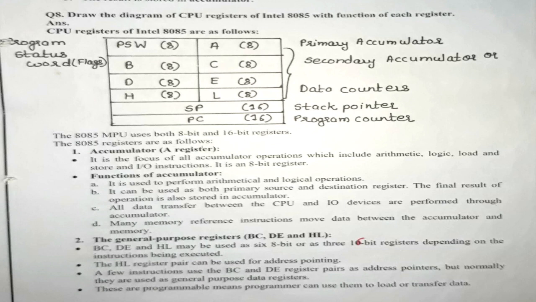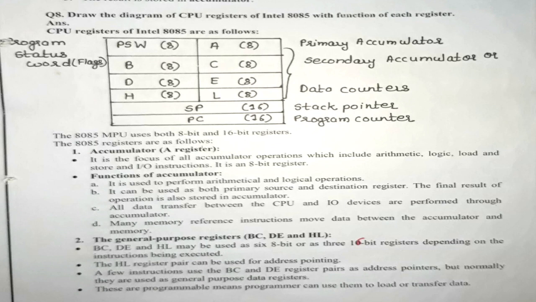And sometimes we perform some operation somewhere else, but then we move the result inside the accumulator. So in this situation we are making use of the accumulator as a secondary source. It means the actual data is not stored inside the accumulator; we are moving the actual data from some other register inside the accumulator. But most of the time whenever we perform any operation, the final result is stored inside the accumulator only.